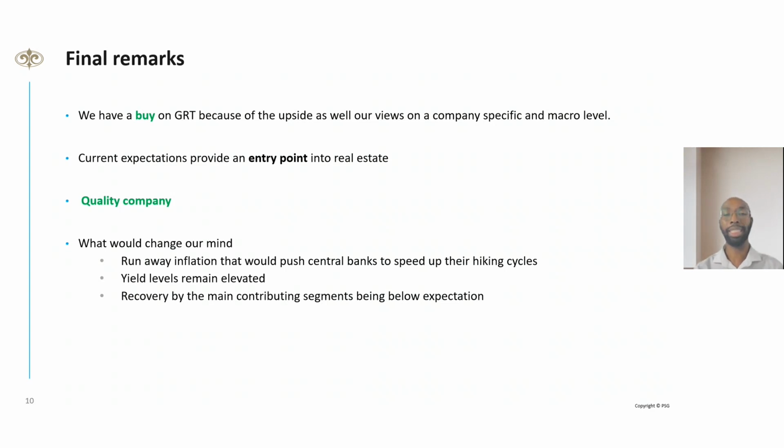And then in terms of what could change our mind, the first point being runaway inflation that would push central banks to speed up hiking cycles instead of slowing them down, pushing the cutting cycles further into the future. The second being yield levels remaining elevated as opposed to coming down as per expectation. And the final one being the recovery by the main contributing segments